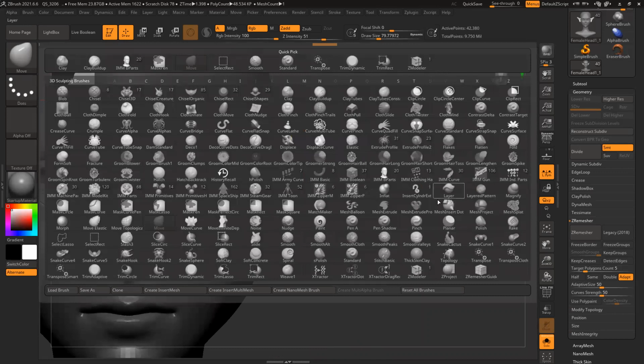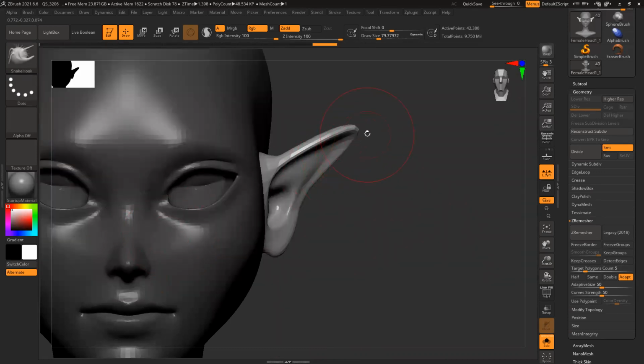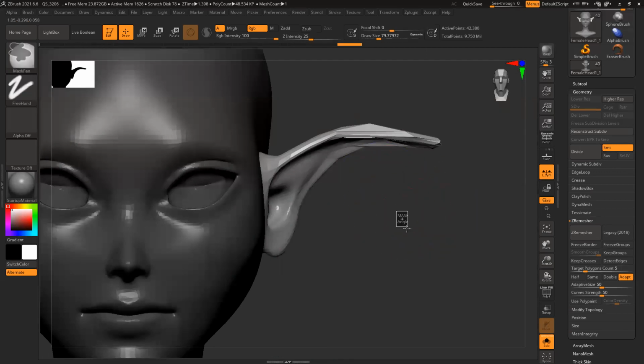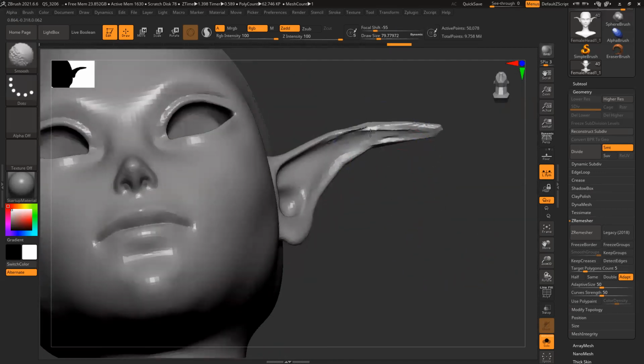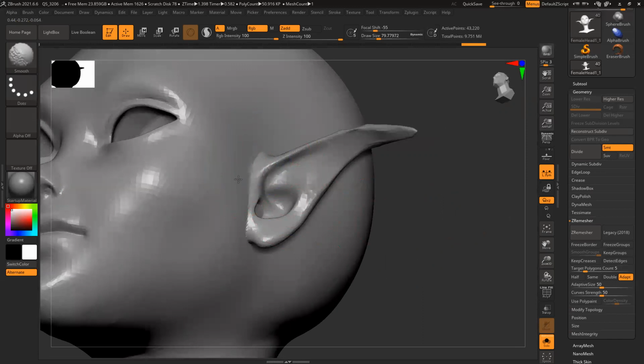So I can use the snake hook brush for this. Slightly bend and dynamesh the model. So now both the things are the same surface.